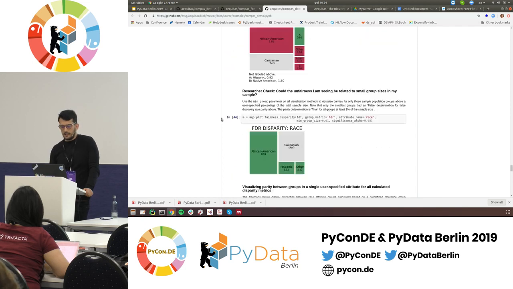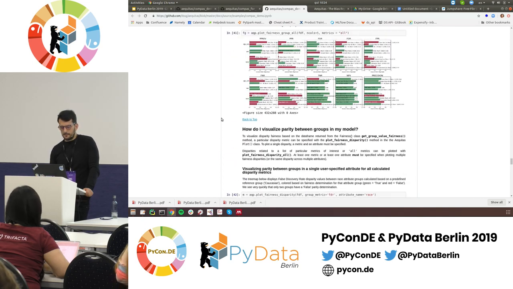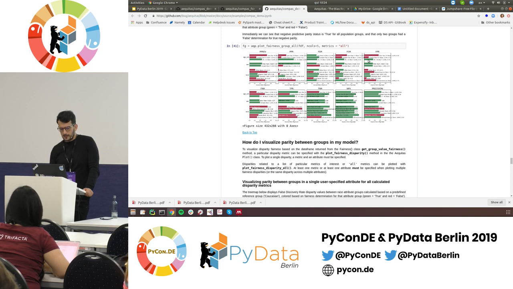Here you can see this is actually the data from COMPAS. One of the things that people were complaining about was the false positive rate of African Americans being twice the false positive rate of Caucasians. So this was actually part of the article, and the tool detected this. For the women versus men case,